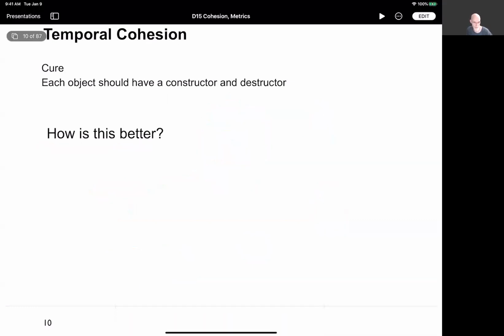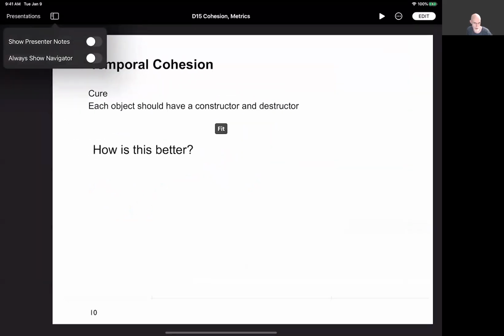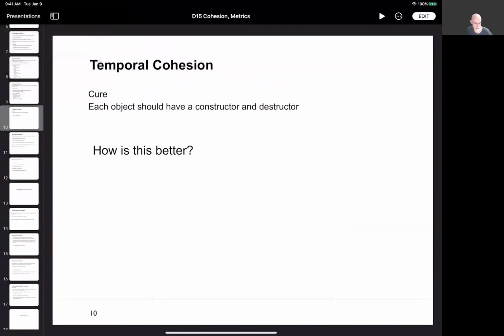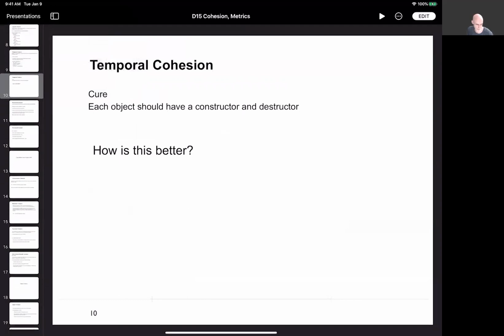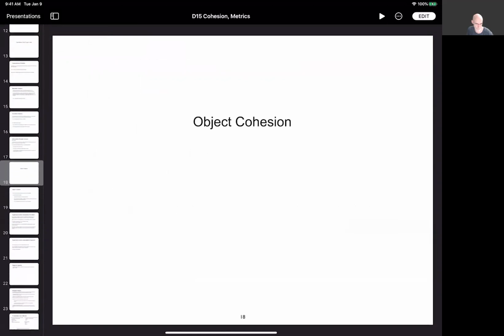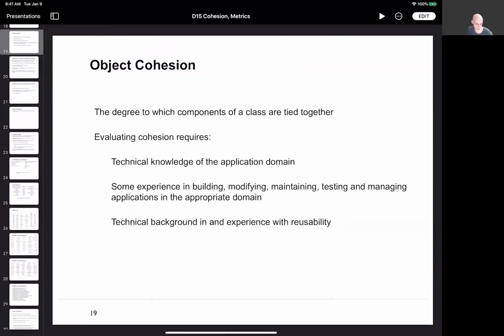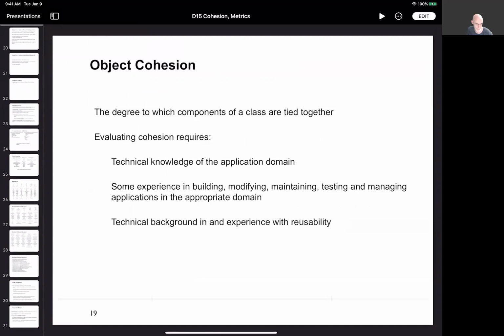Okay, now let's, we need to find where we were. And we just looked at